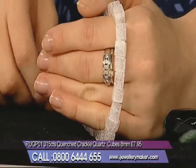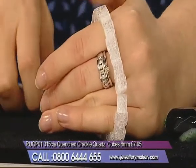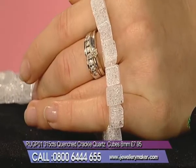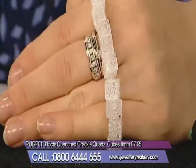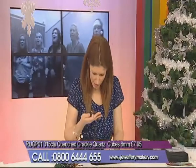These are absolutely brilliant. The beauty of these is that you could use them with any other gemstone you want to put them alongside. And they do look like, you know when you drop an ice cube into something and it cracks? It makes that cracking sound and it crazes through the centre of it. That's what these look like. Really cool, really crisp and really, really stunning. Into that, let's have a look what we've got with...